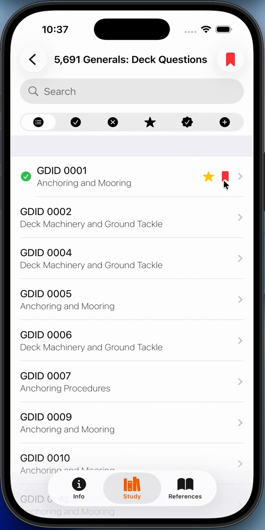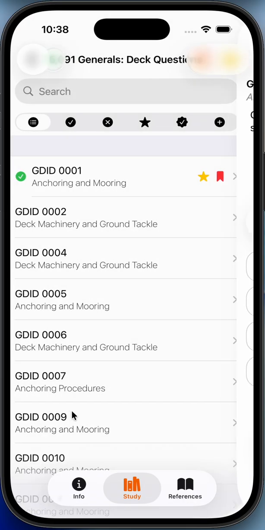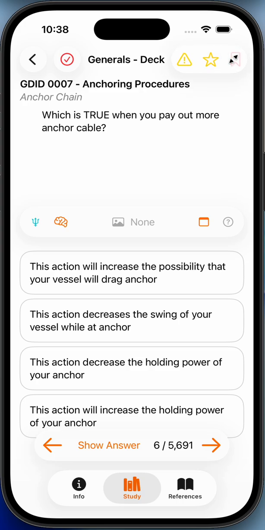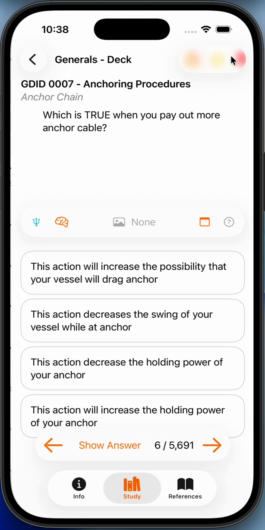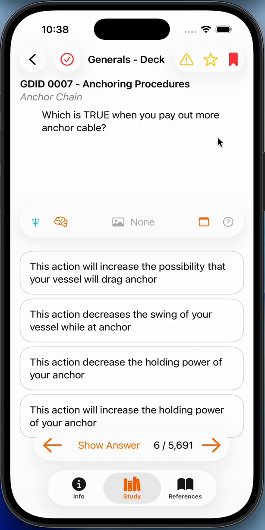So for bookmark, if I click on this bookmark here, it'll go to that question. So like if I go to question 7 and then bookmark it here, and I go back, I can click on that bookmark and it'll give me a shortcut to that question. All right, so we went over the